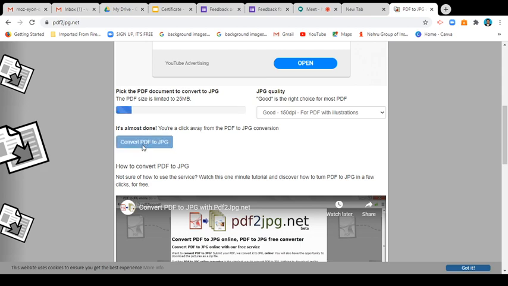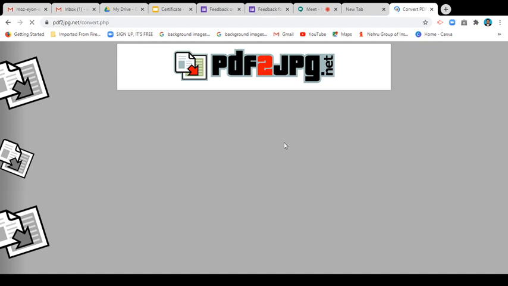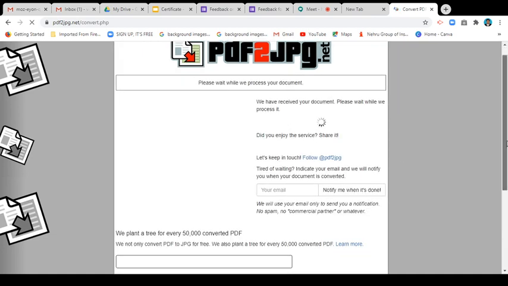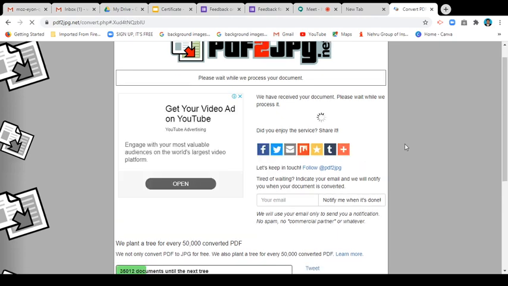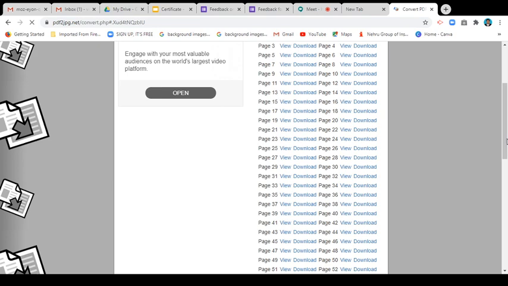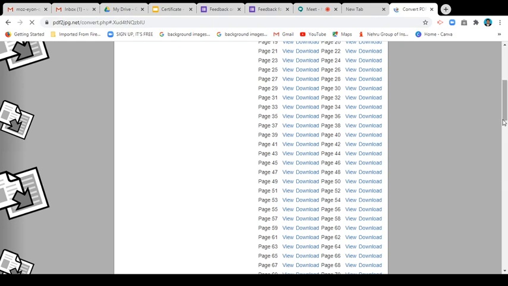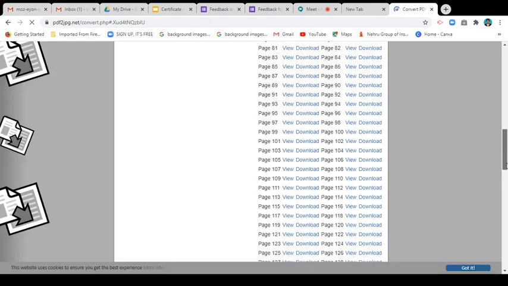Now it is under processing. See, now we can get the output image file. We will wait, we will receive it. See the individual files. See that page 1, page 2, all individual image files are there.